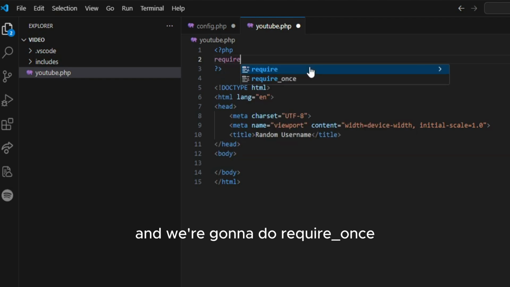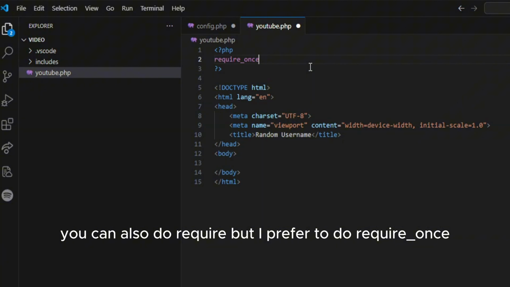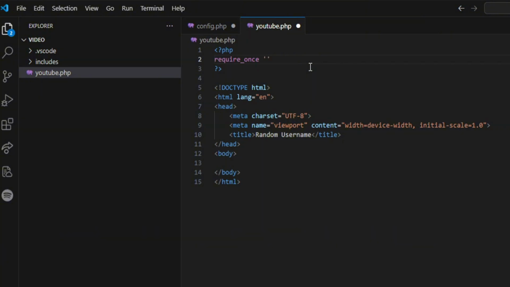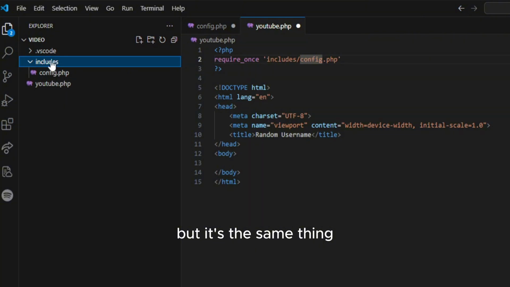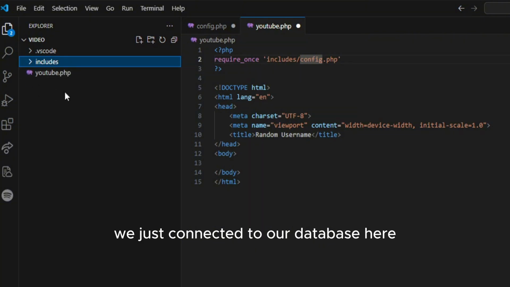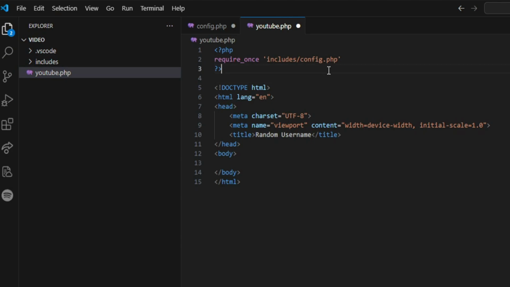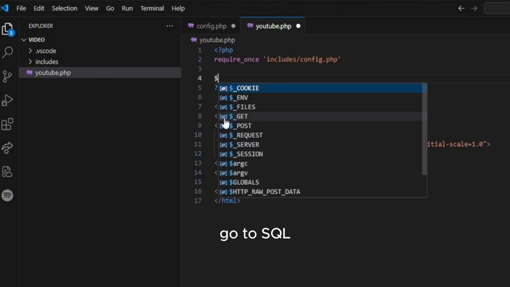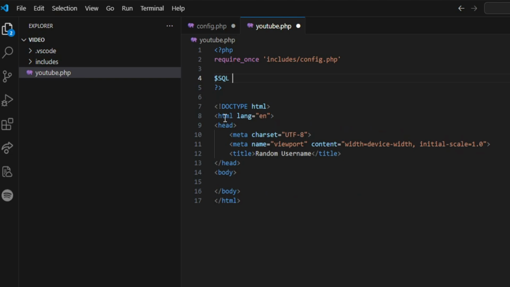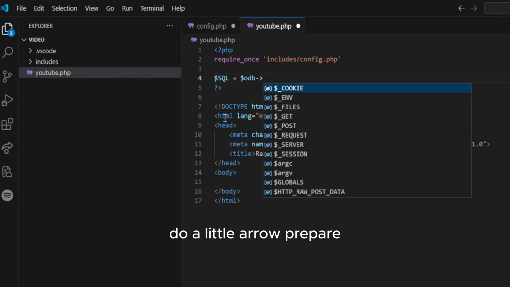And we're going to do require once. You can also do require, but I prefer to require once. Includes /config.php. This may be different for you if you named it a different name, but it's the same thing we just connected to our database here. Alright. And then we're going to go to SQL, ODB, do a little arrow, prepare,